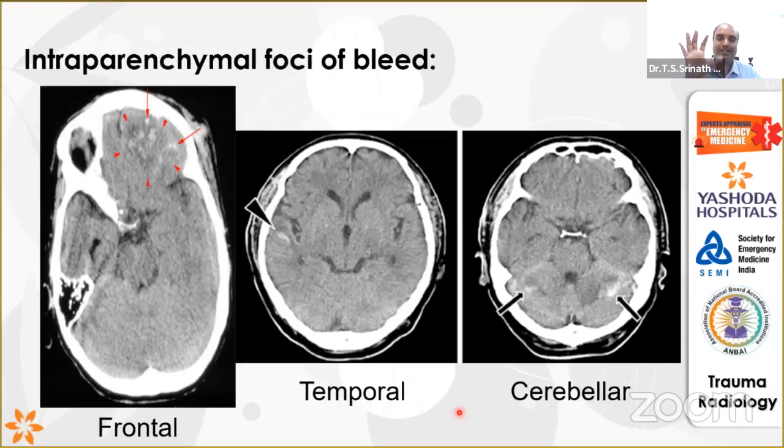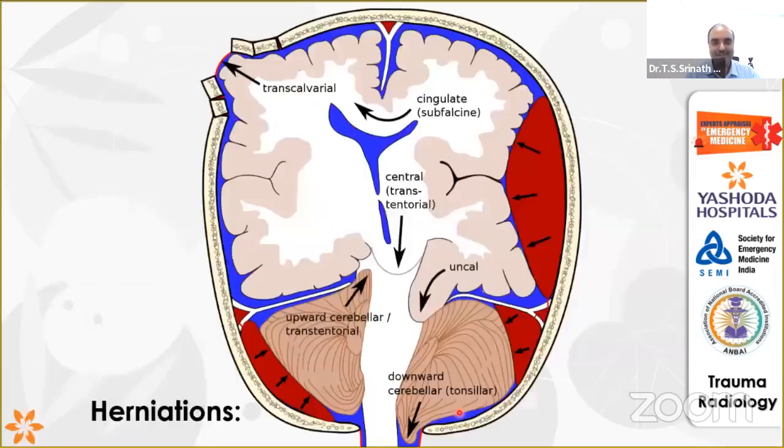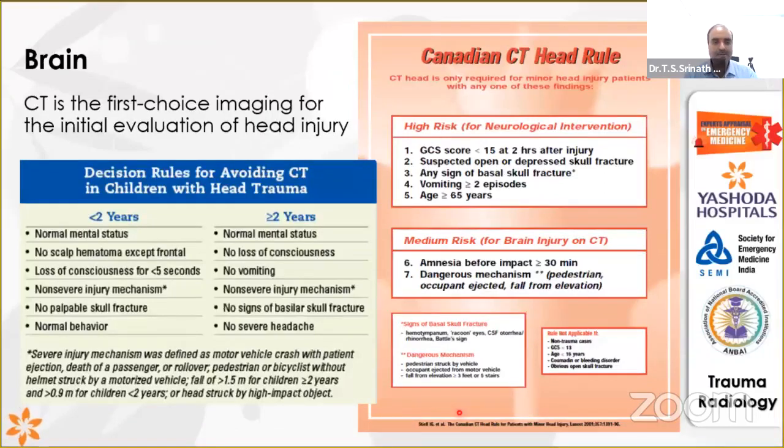So what are you looking for in the CT brain? You have to look for blood. Where are you looking for blood? You are looking here, see, this is the blood. Then you look for the cisterns. Then you look for the brain matter, whether there is a shift, a midline shift. Look for the ventricles, whether they are normal, whether there is blood filling. Then look for the whole bone. Where are the fractures? So these things you have to keep in your mind, because ICP, intracranial pressure, the Monro-Kellie doctrine